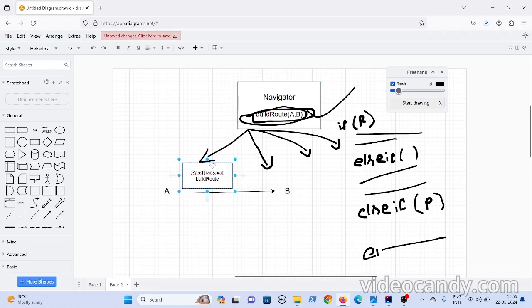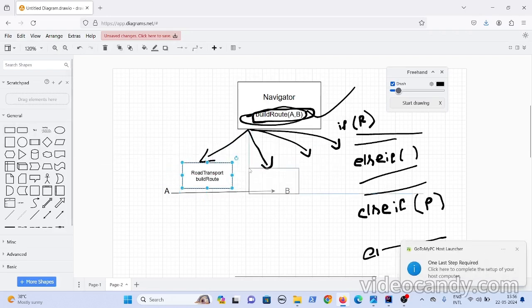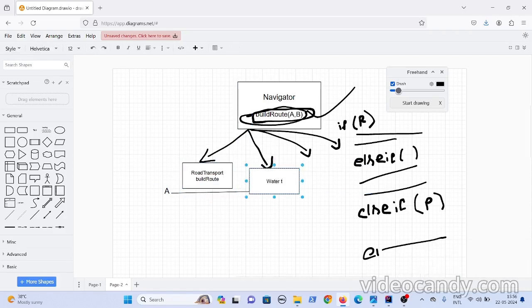So this build route logic is only for modes of transportation, like the road mode of transportation. Then I can create another child class for water. Maybe for water transport, this is another class. And whatever classes inherit or implement this particular class, what they have to do is implement logic in the build route. In the build route, it will put logic only for water. Likewise, I can do it for pedestrians as well. For pedestrian transport I can create a class, and then add the build route method.